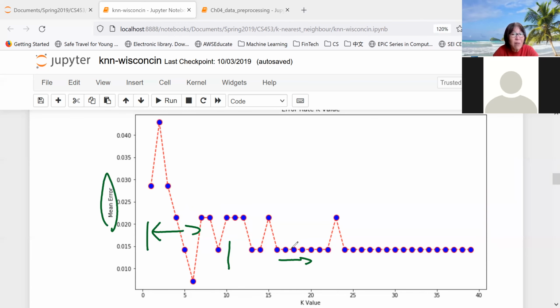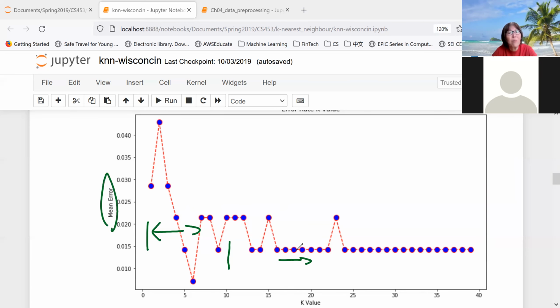So based on this analysis, you can see that if you choose maybe 16-ish or 17 neighbors,